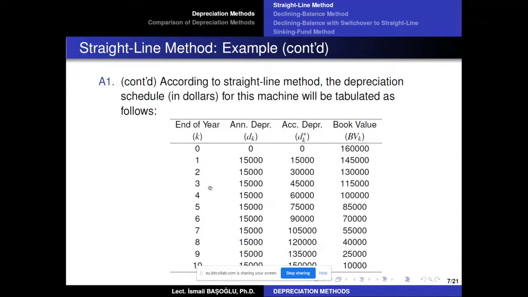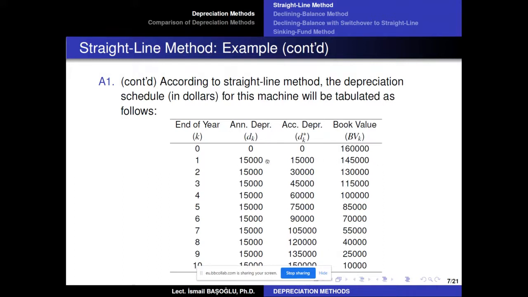Now in this table, we are going to write down the annual depreciation amounts next to each year for 10 years, and the accumulated depreciation will also be calculated. Right now you are purchasing a machine that is worth $160,000. So you have a machine right now which is worth $160,000 in your company books. However, that machine is going to depreciate by $15,000 at the end of the first year. Now in your company's books, the worth of that machine will be reduced to